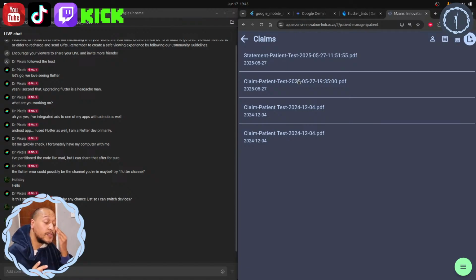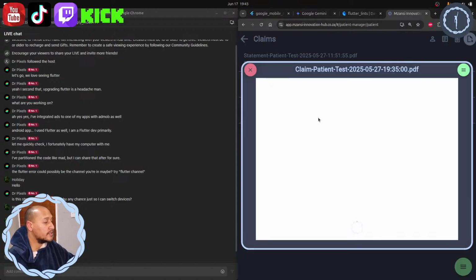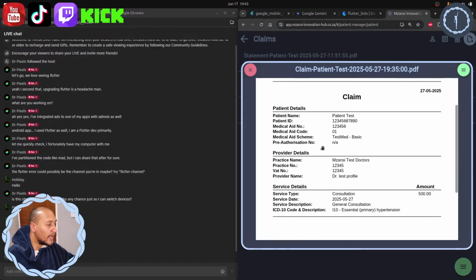If you are using cash, or you're not using medical aid, then the doctor would print out the normal statement and hand that to you to show you how much you need to pay. If we click on it, just to have a view of it, this is a claim, so we have our patient's details, the provider's details, the service details, so it was a consultation on the 27th, general